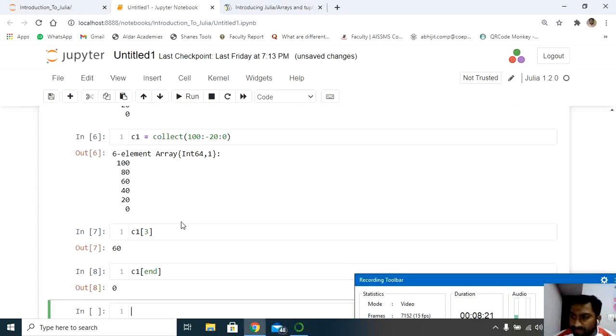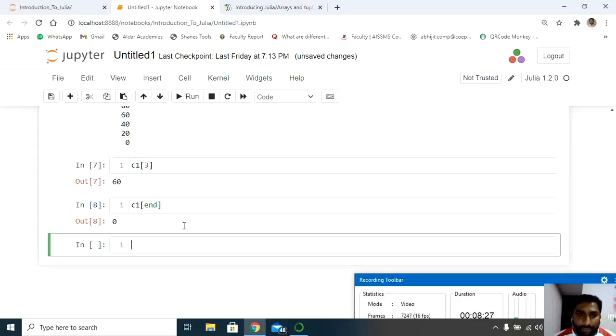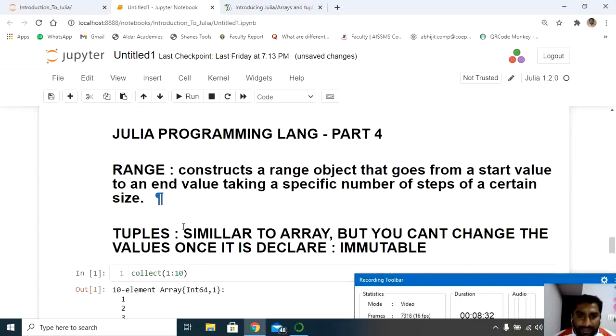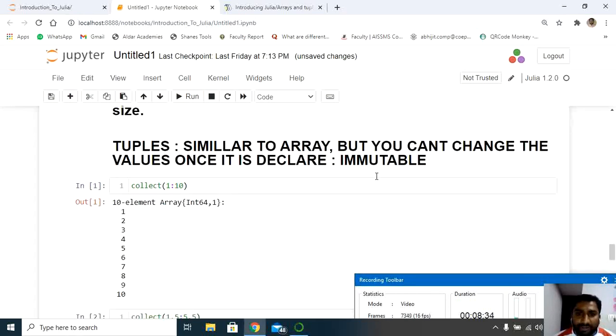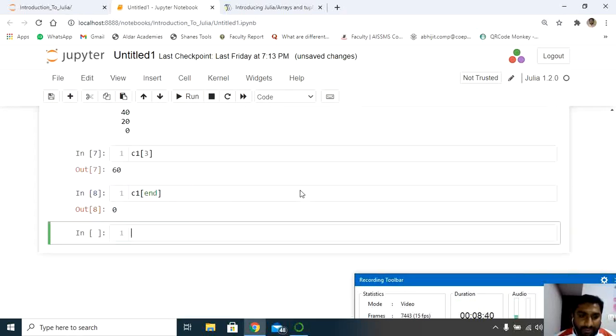In the same way, there is another concept which is similar to the array system called tuples. The major difference between tuples and arrays is that tuples are immutable in nature. That means once the value is declared, you cannot change those values. We'll try to learn by using a simple example here.